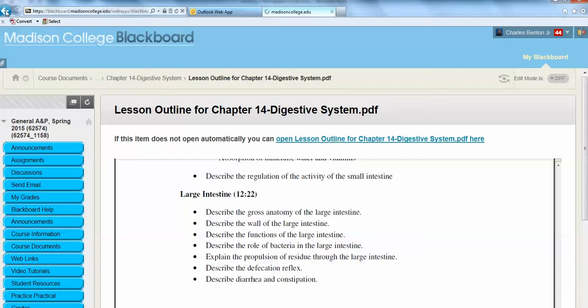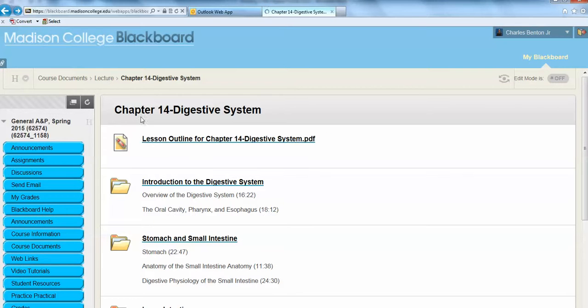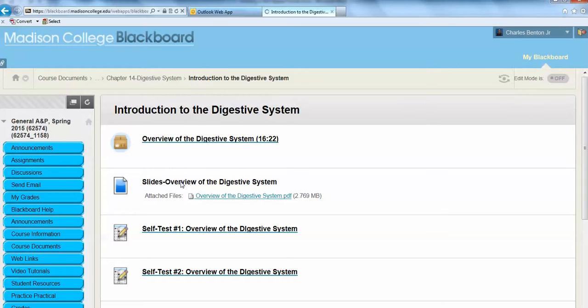Okay, I'm going to exit out of this. Next, I want to show you where you can find each screencast. Here are the 2 that you're supposed to watch for Wednesday. Let's go into that folder. Here's the actual video here, but what you'll want to do is actually print out the slides just like you would for the in-class lecture. You want to treat this online lecture just like an in-class lecture. Print out the slides, have the slides available so that you can take notes and follow along with them